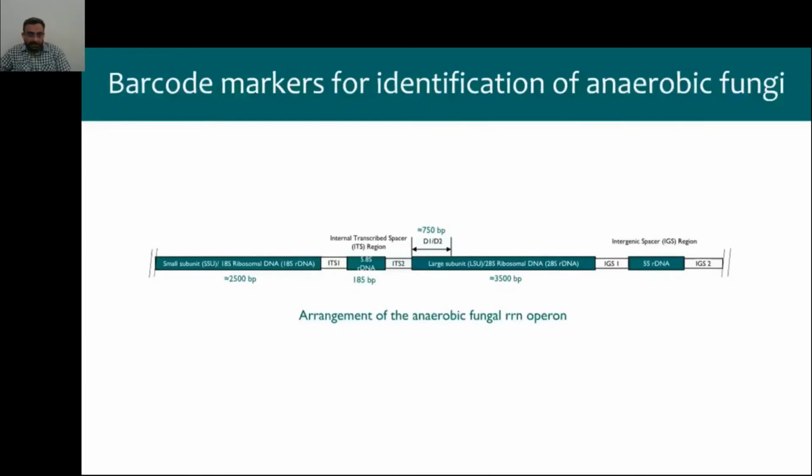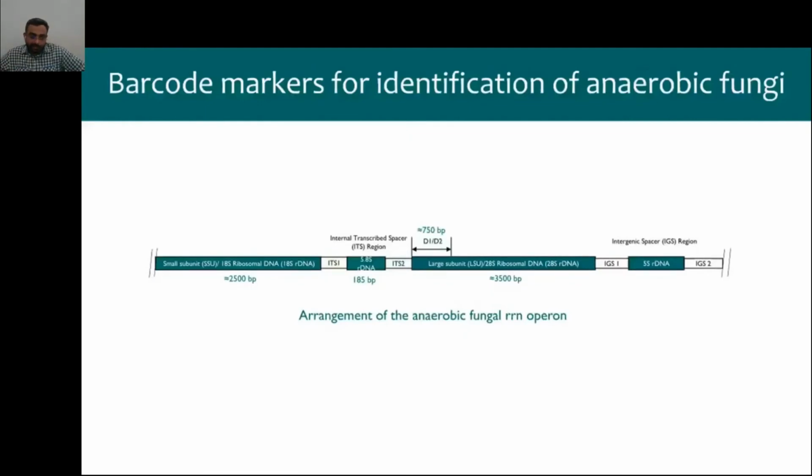So based on these multiple variations that we have observed in different types of these tools, there was a need to use molecular methods, especially the barcode markers, for identification purposes. And here we can see the ribosomal RNA gene operon. Similar to other eukaryotes, it has 18S, then ITS1, which is internal transcribed spacer 1, 5.8S, ITS2, and LSU. The molecular marker which was first used was 18S, and